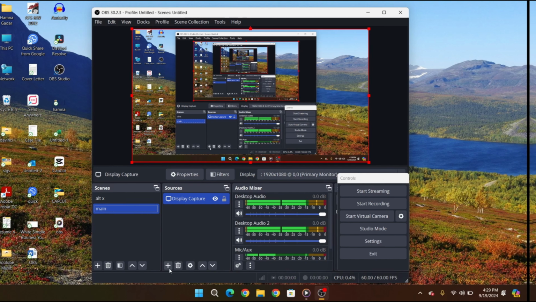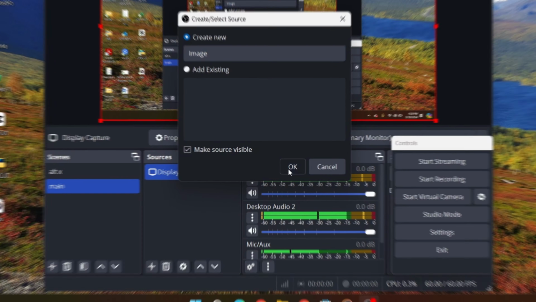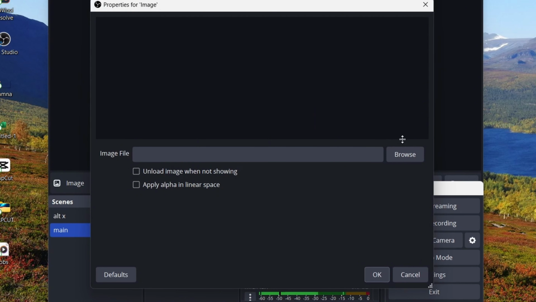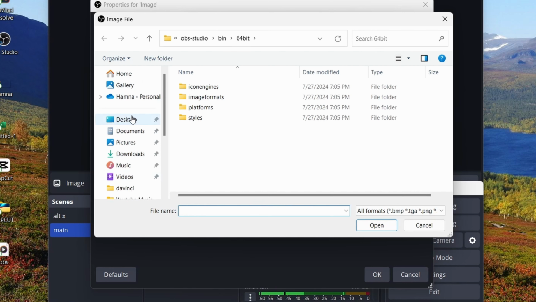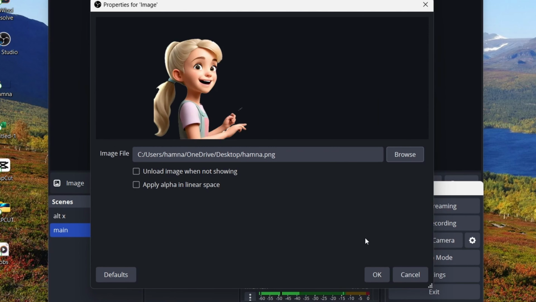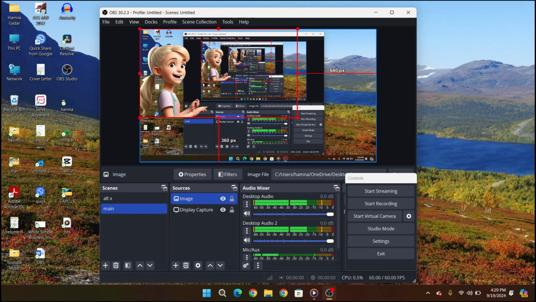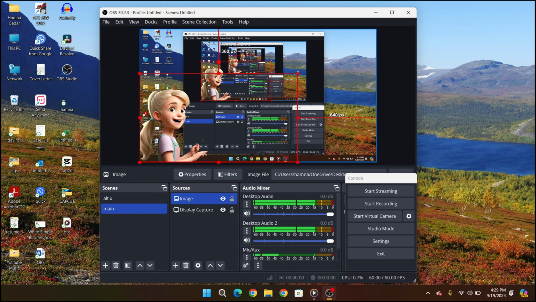Next, let's try adding a profile picture as an image. Go back to the sources panel and click on the plus icon again and select image. Choose your image from the drop-down menu and it should appear in the preview window. You can resize and move your image to any corner of the screen. I like to keep mine small and place it at the bottom right corner so it doesn't block the main